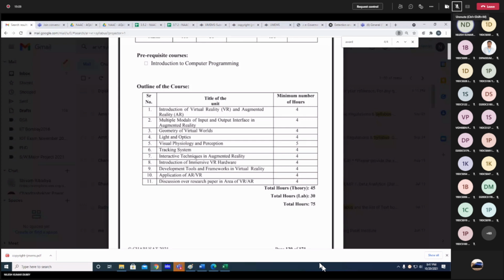So these are the three tools mainly that will be part of the practical, where we will learn how to use these tools to make an object, how to use a tool to make an application, and how to use a tool to make web VR, meaning a web application in virtual reality or augmented reality.